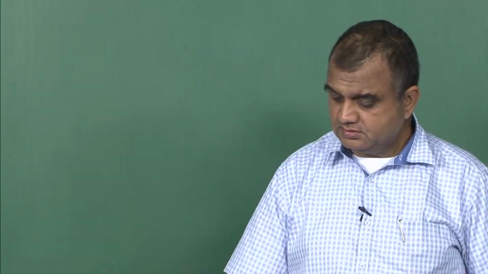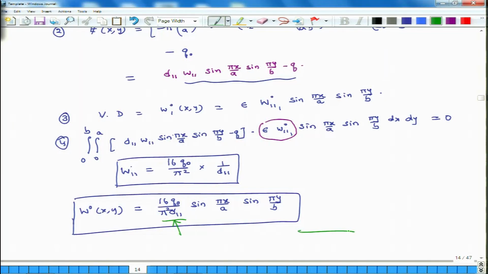So, this is another example I wanted to do today, and we conclude our discussion for today. Tomorrow we will continue this discussion on the principle of virtual work. So far we have solved the problem of a beam and also of a plate using just one term solutions. Now we will see how we can get multiple terms using the same principle, the principle of virtual work.